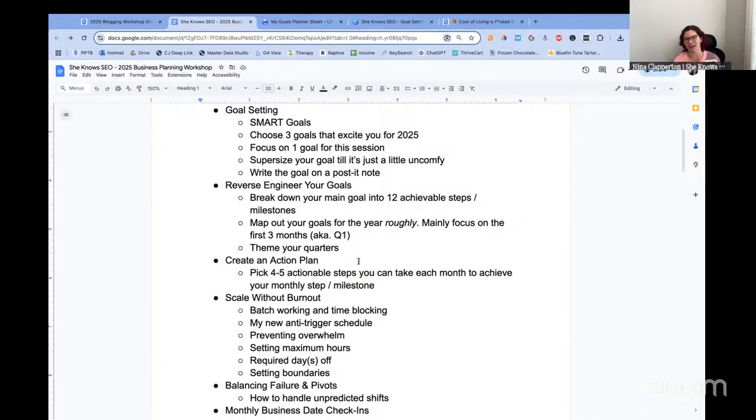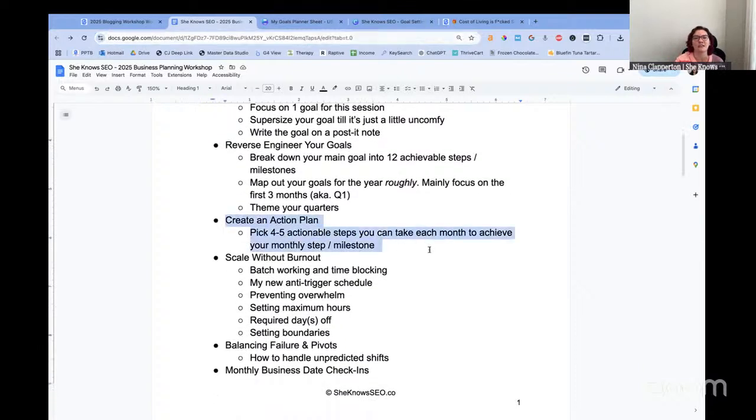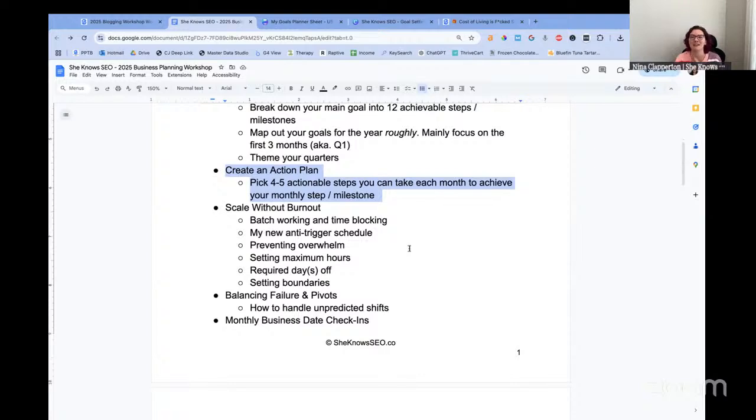Then my favorite thing, probably because I'm autistic, is I really love to reverse engineer things. So we're going to start at the end and then reverse engineer to figure out how we're going to make it happen. I do that monthly and quarterly, and then we're going to create an action plan that's what we're going to do every single part of the month. I typically break it down into each week because I'm a big fan of having one week is one thing, the next week is another. Y'all know I love batch work. Then we're going to talk about how to actually accomplish these things and how to hit our bigger goals without getting overwhelmed or burning out.